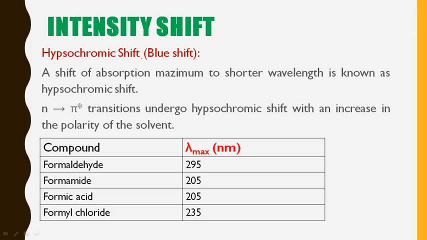Yes, here the shift of absorption to shorter wavelength is known as hypsochromic shift, or also known as blue shift. When the lambda max decreases, then we call this shift a blue shift. Generally n to pi star transitions undergo hypsochromic shift. See here, I am giving the example of formaldehyde. Formaldehyde will exhibit the lambda max at 295 nanometer. If you draw the structure of formaldehyde,